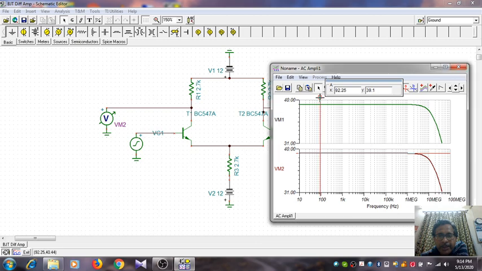And if we bring in the cursor here from 10 hertz, the same thing, midband gain extends. There is no low frequency region, but there is a distinct upper frequency region. So upper 3 dB cutoff we are on the lookout for. We have to see where the amplitude is 36.1